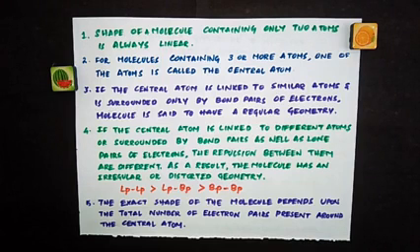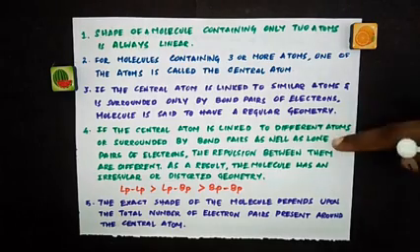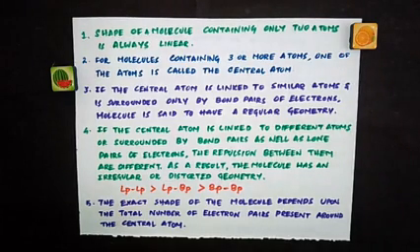If the central atom is linked to different atoms, or if it is surrounded by bond pairs as well as lone pairs, so if along with bond pairs you have lone pairs of electrons on the central atom, then the repulsion between them will be different. As a result, the molecule will have an irregular or distorted geometry. When there are only bond pairs, no confusion, because bond pairs repel each other and the repulsion will be similar. So we are going to get a regular geometry.